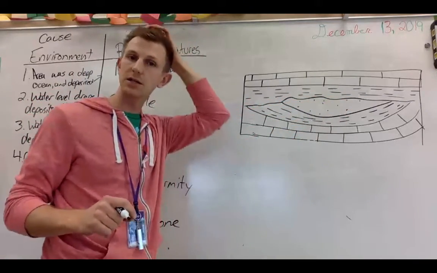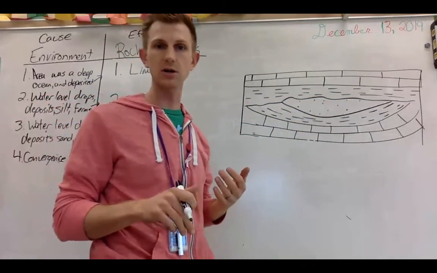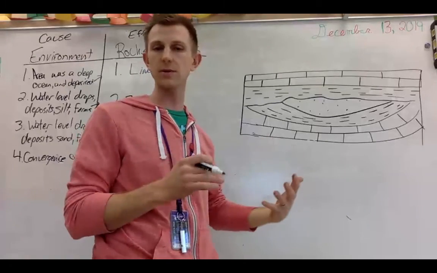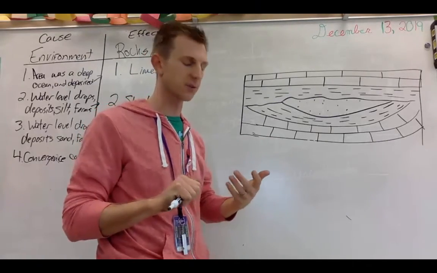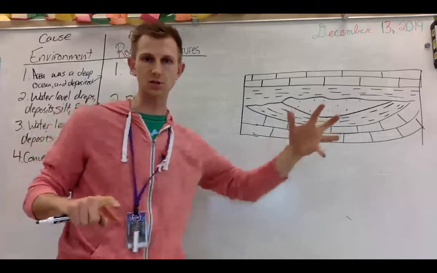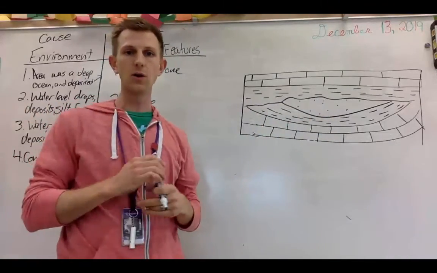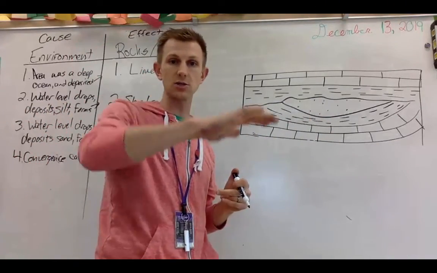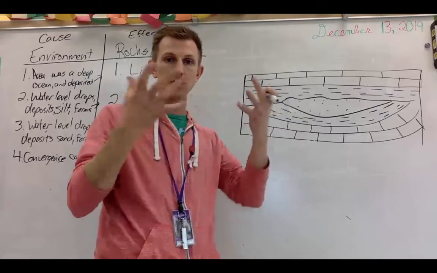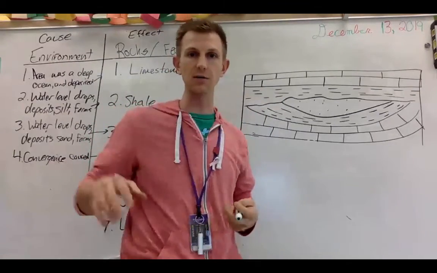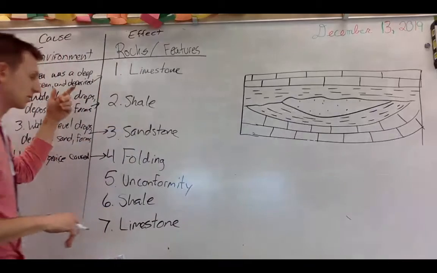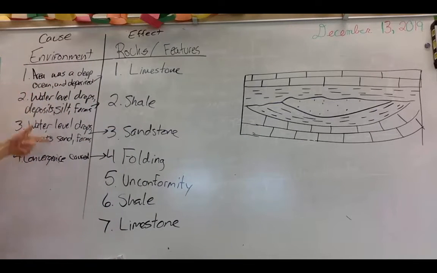And what we've talked about in class is that unconformities can be caused by erosion, and it's always caused by erosion. But the two main culprits for us are going to be a glacier went through and just scraped everything out of the way, or it could be sea level has gone down all the way, exposing all of this rock up here, and that rock can get eroded away. So since we've had sea level change in this portion of the story, the next part, we're going to continue that. So sea level drops